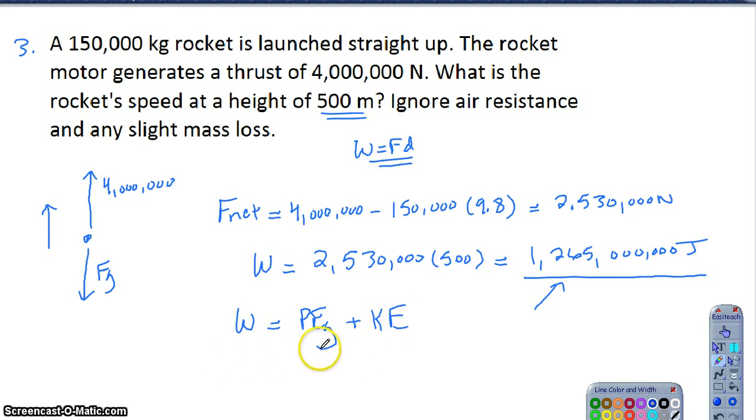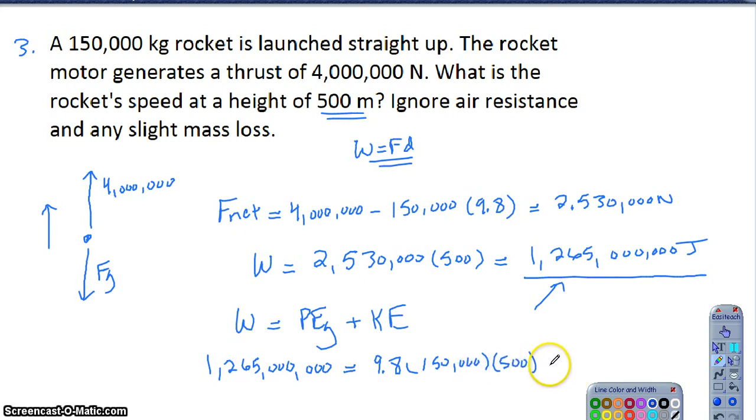So I know the work done, and then I can calculate the potential energy it's gained. So again, 1,265,000,000 joules of energy went into the rocket. Some of that was just lost in raising its height, right? Some of that was lost as it climbed to a higher altitude. So potential energy of gravity would be 9.8 times the height, so times 150,000, and then times 500,